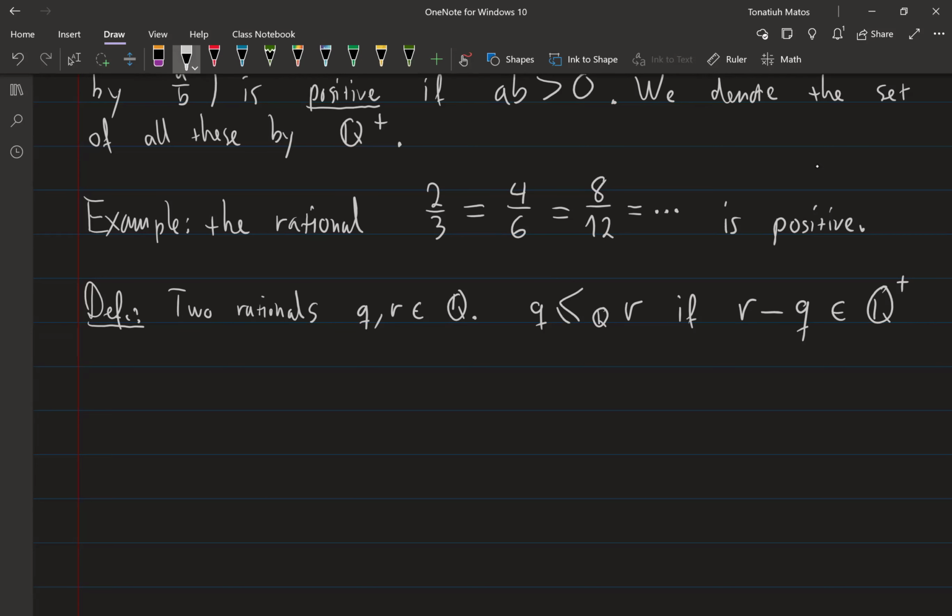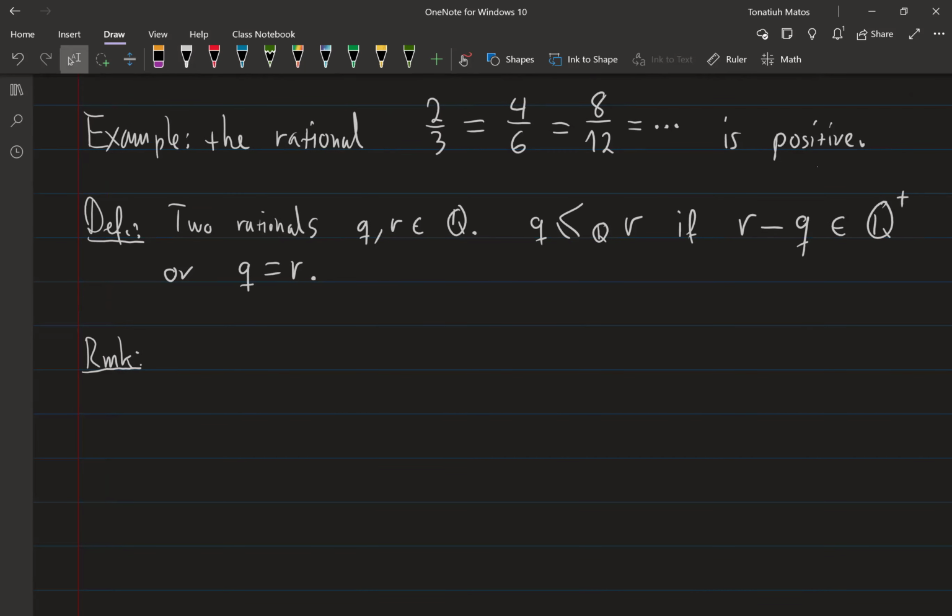Maybe let's just include it like this. Or they're equal, right? So that's how you define the order, and this is analogous to the integers. An important remark, which is technically part of the proof of the theorem in the problem set, but I didn't include anything specific about the order, is that this order